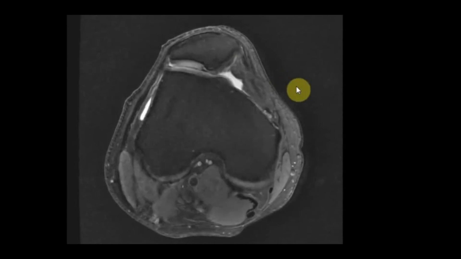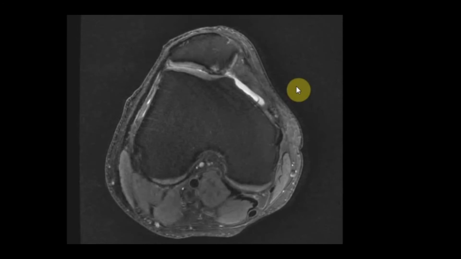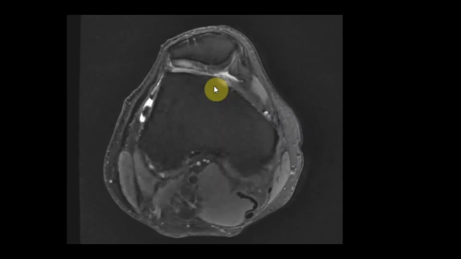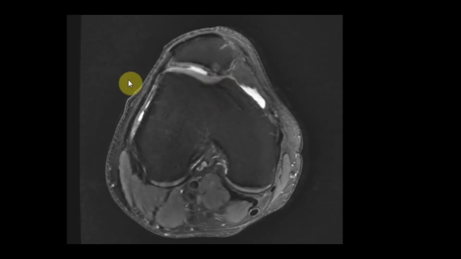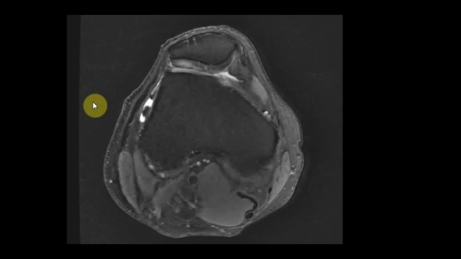Now let's take the measurements. We also have the osteochondral lesion involving the patellar ridge. That is the ridge between the lateral and medial patellar facet, and there is an osteochondral defect. There is underlying marrow edema, but there is no obvious marrow edema involving the lateral femoral condyle in this case that we saw in the previous one.